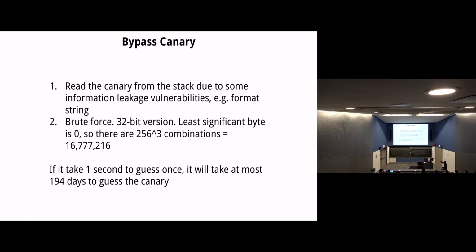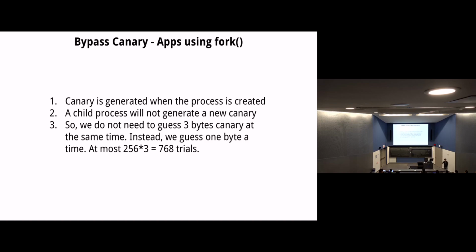Here we are guessing those 3 bytes as a whole, but we don't really need to. As you just saw in the example, when we overwrite 41 bytes there, we actually only overwrite 1 byte into the Canary, and it generates a fault, right? So we don't have to guess those 3 bytes together. We can guess those 3 bytes one after another. We guess the first byte,